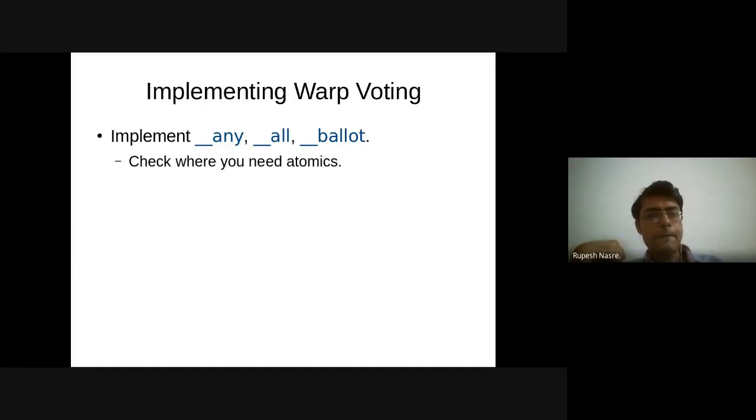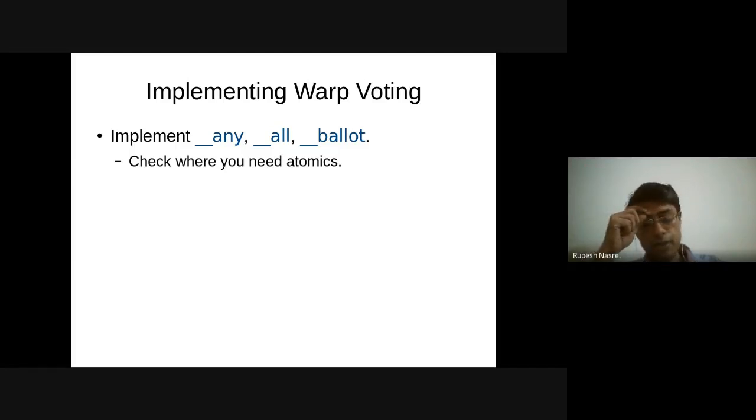Right? One of the things that you should be careful about is where all do you require atomic instructions, because you are doing this across threads. Once you have ballot, then things are okay. But if you want to implement ballot, then you might require some reading from a particular variable and writing to a particular counter. So reading from the ballot might turn out to be okay.